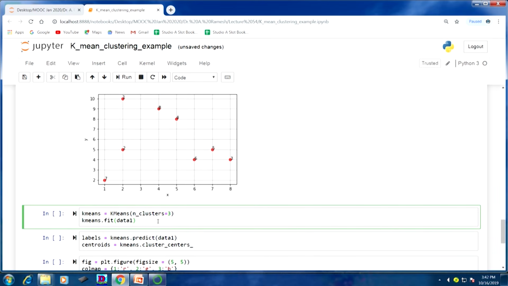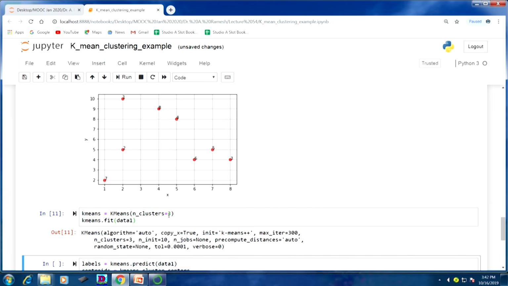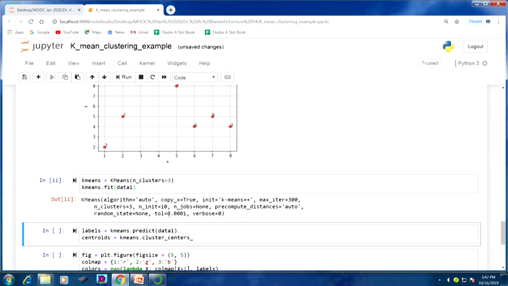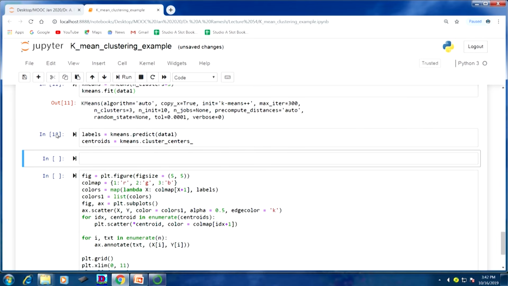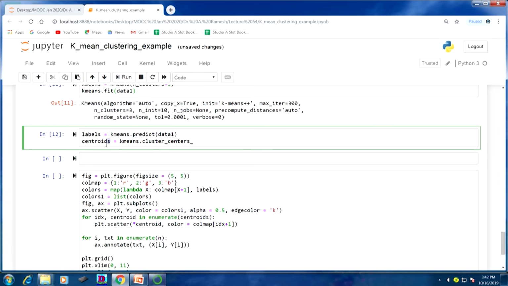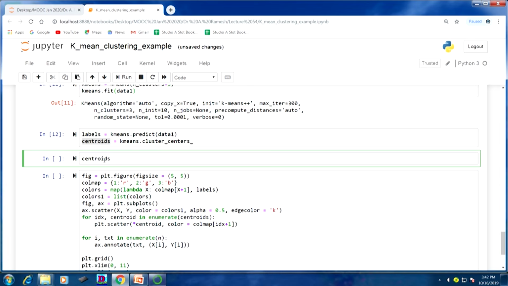We will go for the k-means algorithm. You see that k equal to 3. That means we are going to have 3 clusters. So when you run that, after running we can find out the centroids. So what I am going to do, I am going to enter B, then show the value of the centroids of these 3 clusters. So paste it, now you run it.